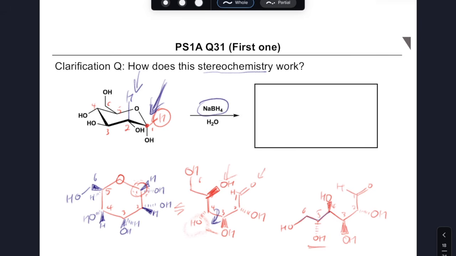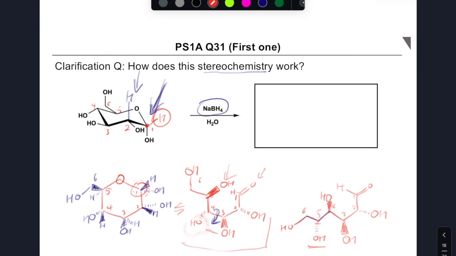If you're ever confused about these, once you're in this geometry here, you can also assign the CIP rules to the center, and then that'll also help to make it more obvious. So now that this geometry is set up here, if you want to get into a straight line, all we need to do is one more rotation, in this case about this bond, to help to get us into a fully linear structure. So redrawing that now, let's put that up here,